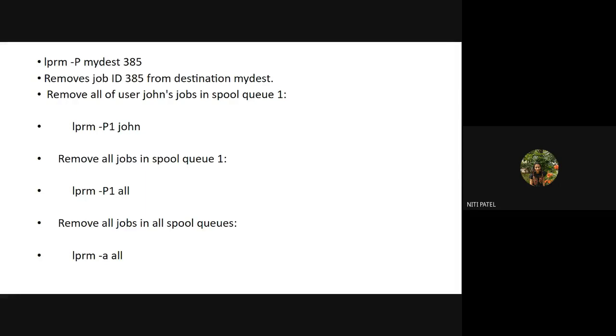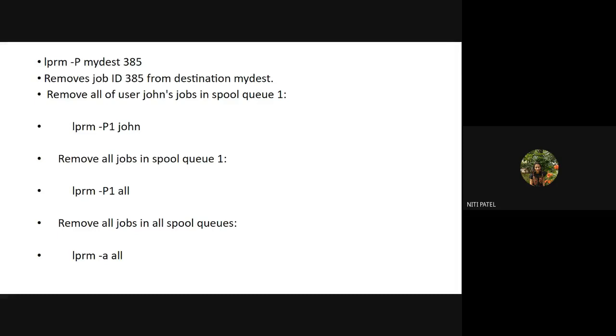So if I want to do this, what I'm supposed to write is lprm -P1 John. So what is this? This John is not a file name. It is the user name. What is happening? This user has logged into the system and is connected to a printer with the name 1. So whatever files John has given for printing on printer 1 will be removed. So if John has given 2 files on printer 1, both the files will be removed when I execute this command. Okay.